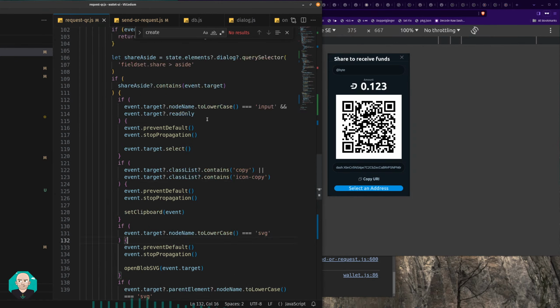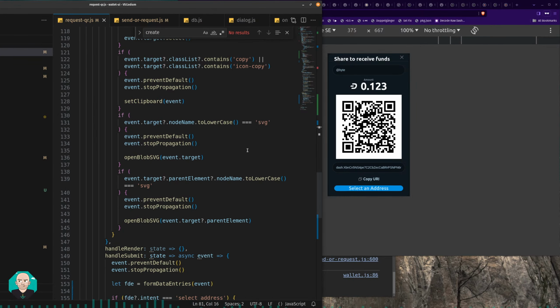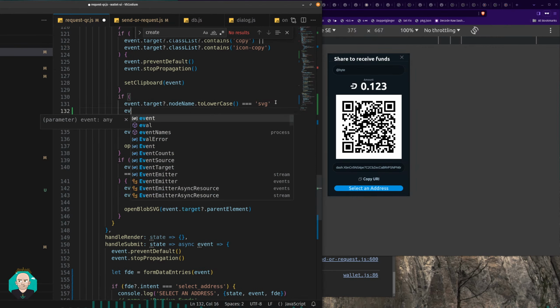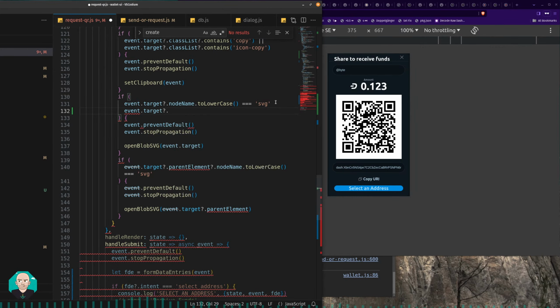Actually, let me go back here. I'll just call this QR. And then I believe there's a way to test event dot target dot